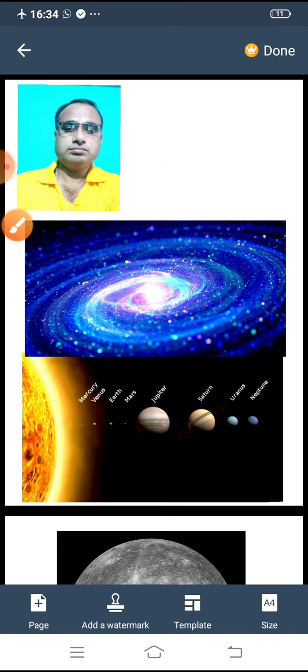The Milky Way, or Akashaganga, is actually a band of light in the sky which results from the combined light of many millions of stars in our galaxy. In common usage, the galaxy to which our Sun belongs is called the Milky Way. There are around 10 raised to 11 stars in our galaxy.